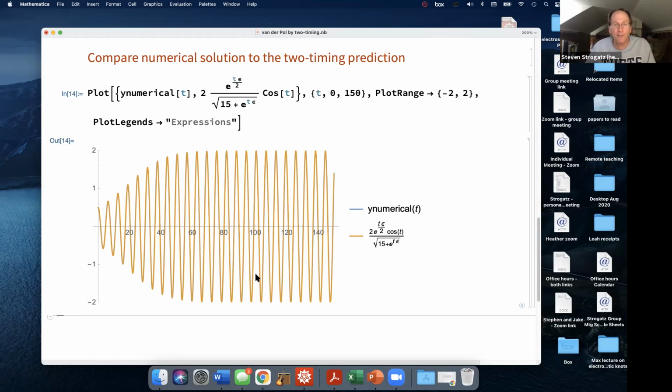And so next time I'll show you, remember we did a problem we called the aging spring? I think we did it with the WKB method. I want to revisit the aging spring with the method of 2 timescales and show you a little deeper insight into what's going on in that aging spring problem.